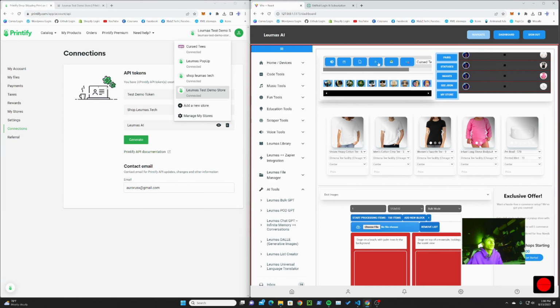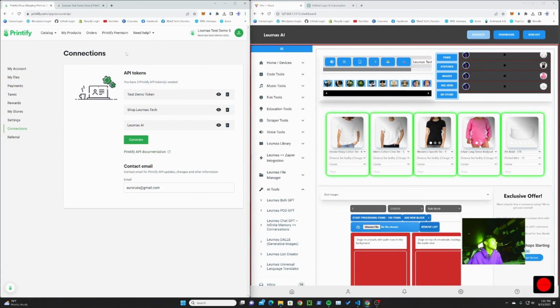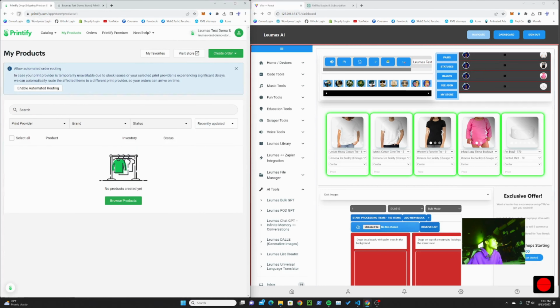Sorry, got a little distracted there. We want this to go to Leumas test demo store. I forgot. Okay, now we're ready to start processing. Let's start processing. It's gonna happen fast. So, bam, processing, done. Woohoo! So now we can go back to our Leumas test demo store, refresh the page, and we should see